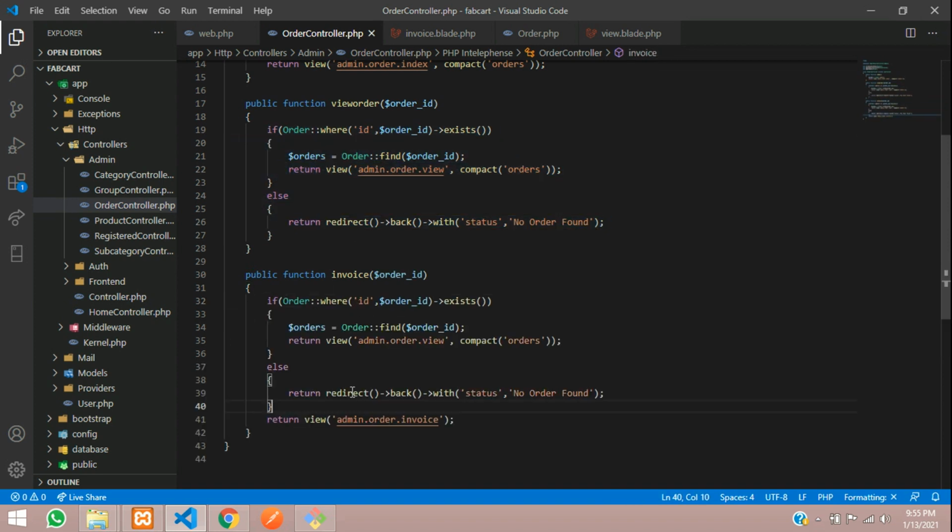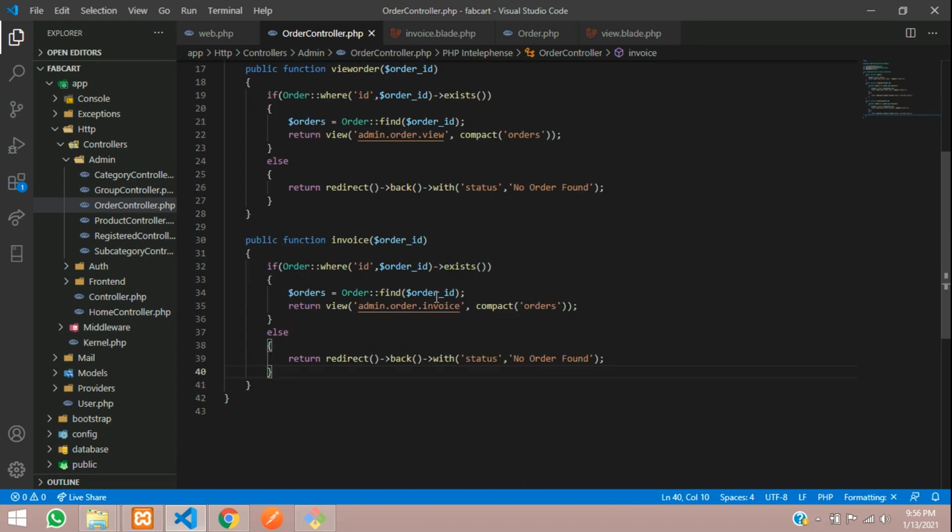I'll explain very clearly. Let's copy this. Oops, let me just copy the page path, and place the path. That's it. And let's remove this. Very simple. So guys, now as you can see, this order table where ID is equal to order ID, if it exists then you can come in, or else you can say no order found. And now where you can find the order ID 2, it will go to the order table where you can find all the order details and send to this page with the orders. So this variable you will be sending.